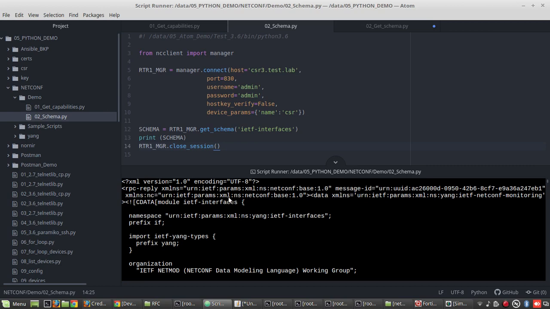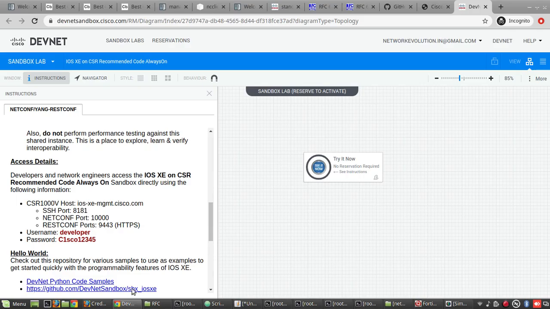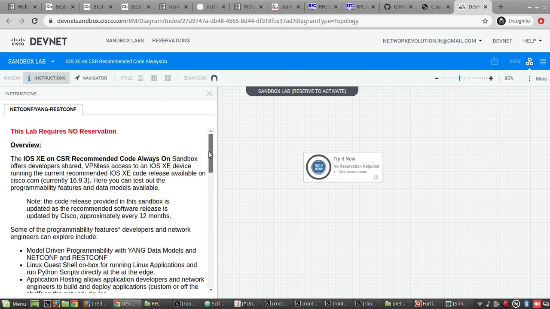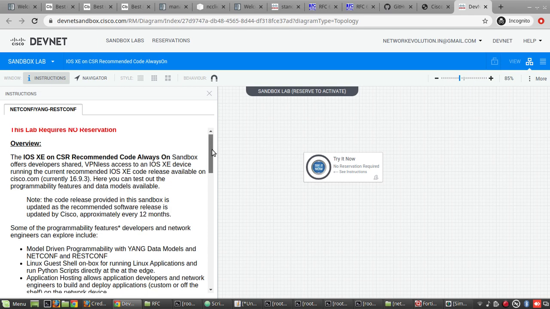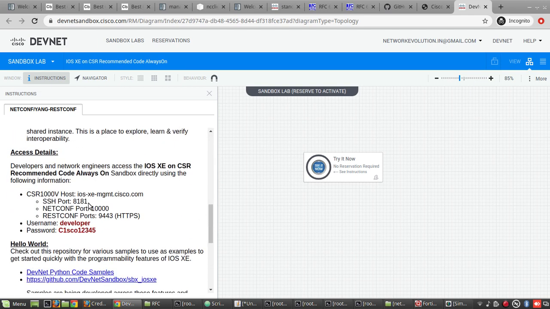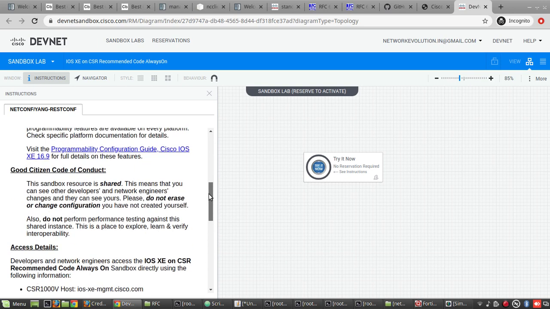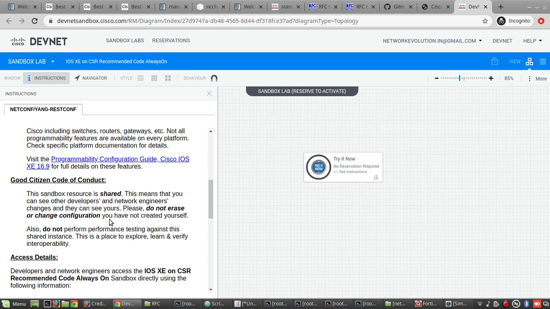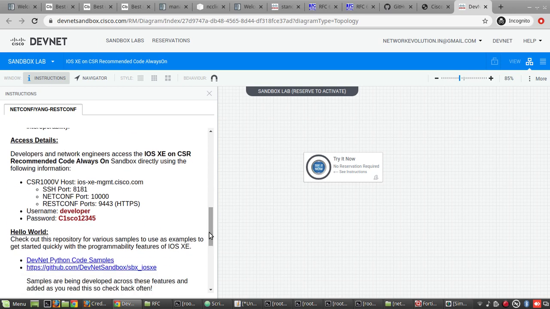Now if you don't have any CSR available for testing all this NETCONF or playing around with this, there is one device available in Cisco DevNet. It is available for everyone. You don't need to reserve any lab for that. It is publicly available at this address. So you can see here the SSH port number, NETCONF port number, credentials. I would suggest you delete any configuration which you haven't created, because many people will be using the same device in parallel, but still you will be able to play around and explore the NETCONF features. So we'll verify the connection to this device once.